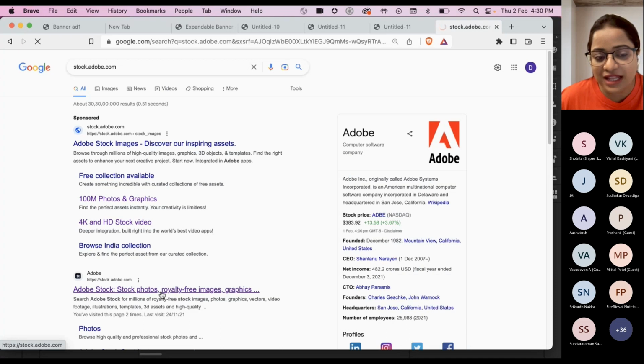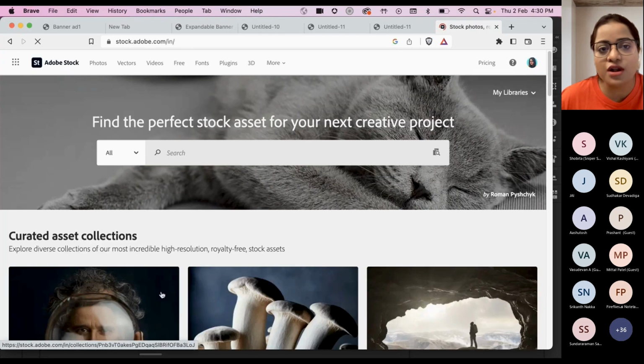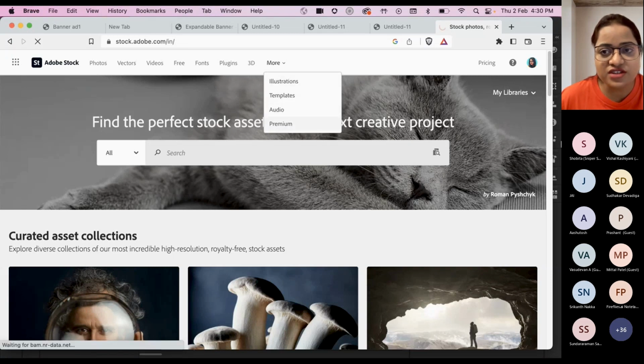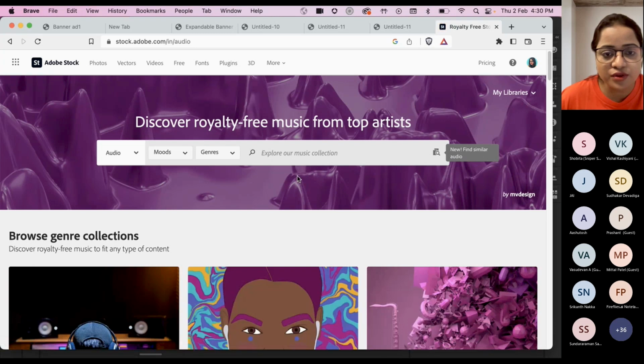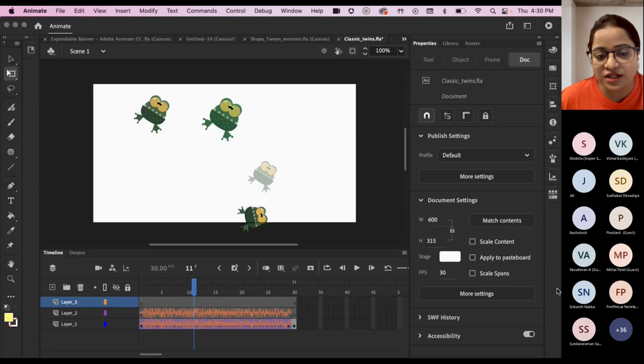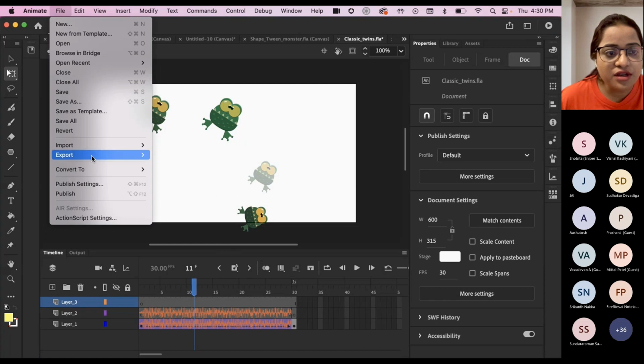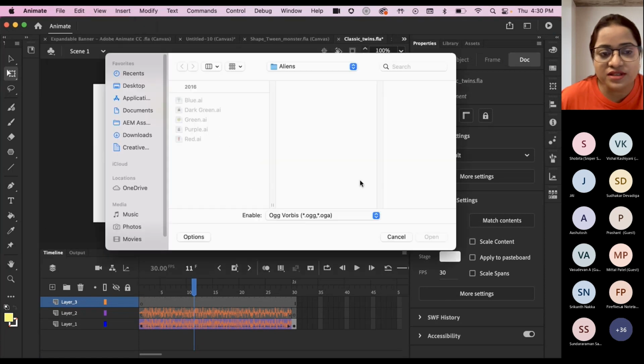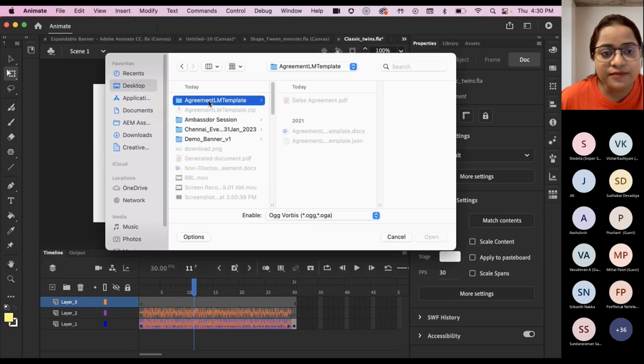In the last sessions, we covered Adobe Stock and how it can be used. Within Animate itself, we have the audio section. If I want to use any of those audios, I can come over here, search for it, and then use it in an Adobe Animate project. For now, I have already downloaded it. So I'll just come over here, click on import, import to the stage, and then